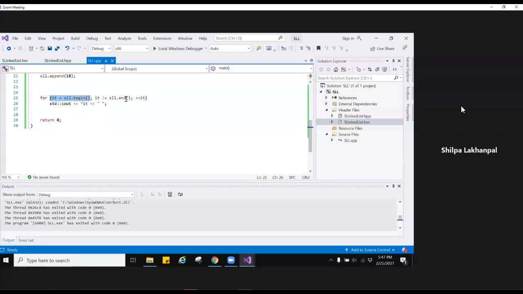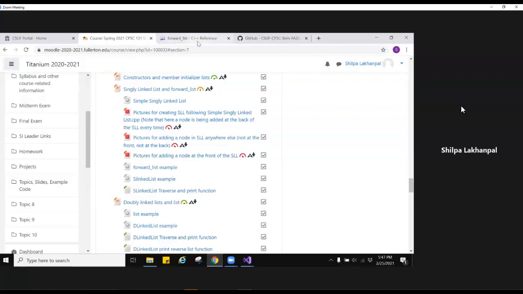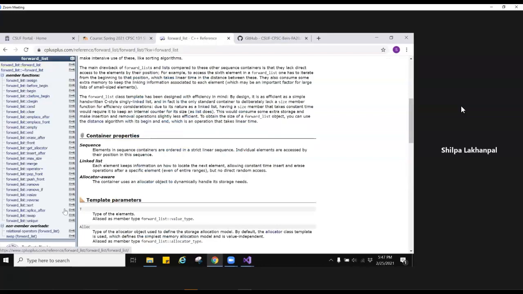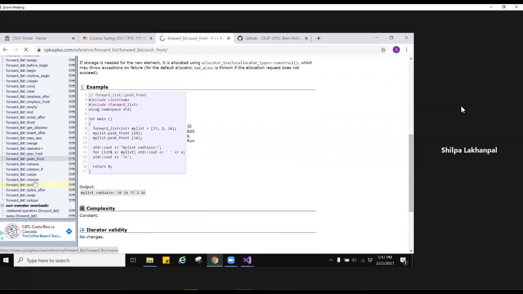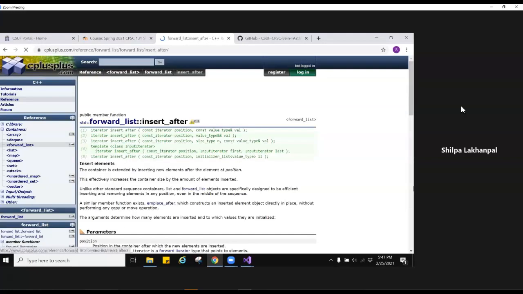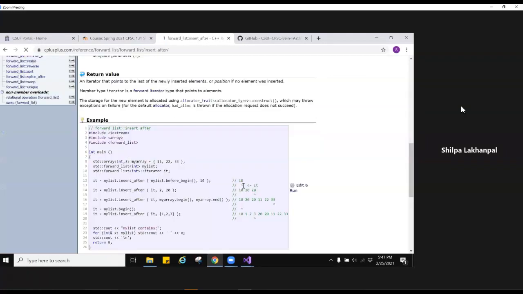We are using iterators to do that, so dot begin, dot end, which are available for the forward list class as well. So we can iterate over any list that we create using the forward list, and that's exactly what many of these functions are doing over here.